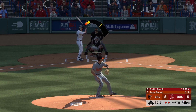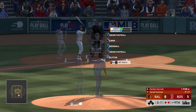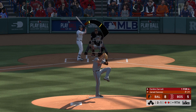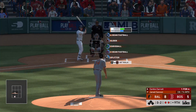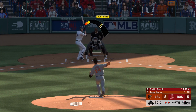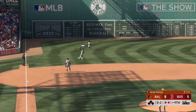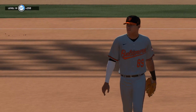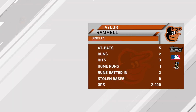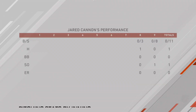Striding into the box, Corbin Carroll. And he needs to make something happen. They're down to their final out here in the 9th. 2 out, nobody on. And that's taken for strike 2 as now they're down to their final strike here this afternoon. Now a swing and he pops him up, and this should do it. And he'll make the catch, and the Orioles have taken game 1 of the series on the road as the ball game is over. 8-5 today. Baltimore led this game from